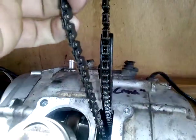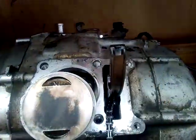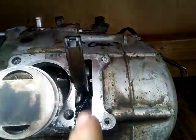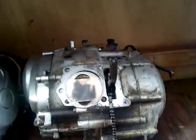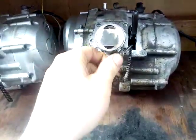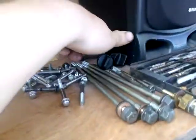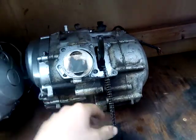Right, let me just grab the chain and show you. Look, the chain goes along like that. On my YBR, one whole side is missing. Like, not just a little line, it's worn itself out in half. Yeah? And there is literally no pressure on my timing chain. Like, I've got the tensioner on it, which is one of these, right, at the back there, that's a tensioner. Got that in there. It's got enough tension, but not much at all,